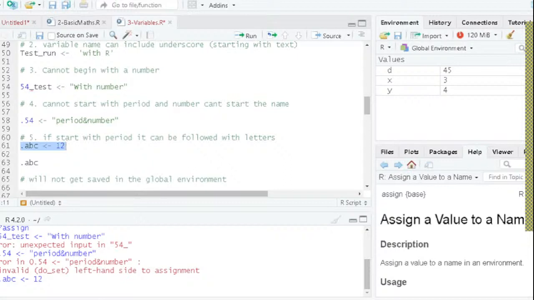But can you see this in the global environment? Can you see this variable name in the global environment? Period abc. Correct. So even this variable name has been created, but this variable name will not be saved in the global environment. I repeat, if you follow some alphabets,